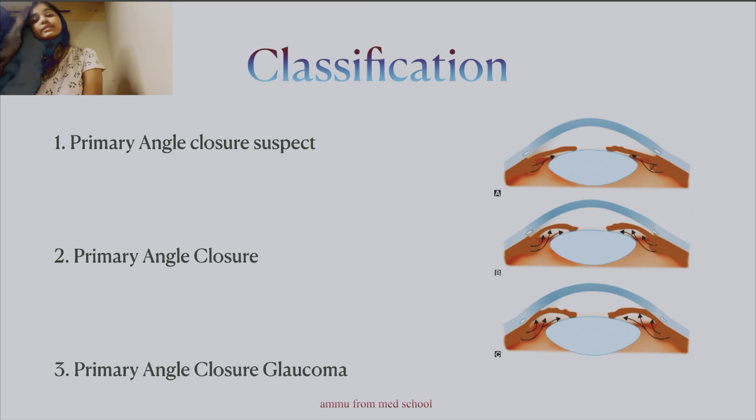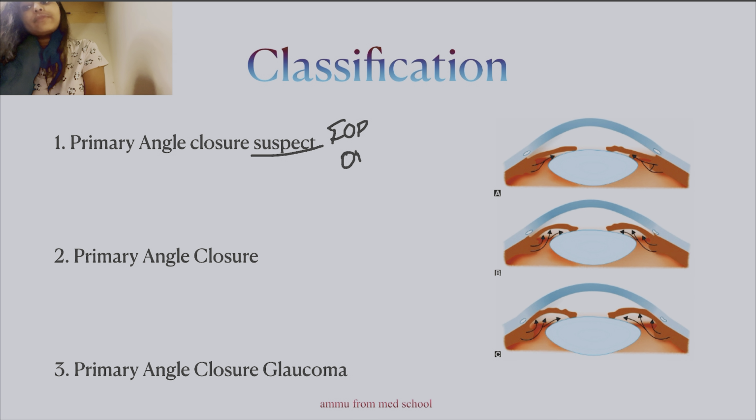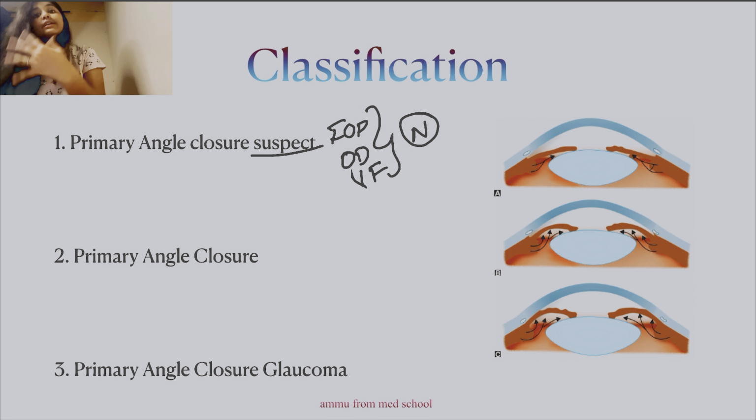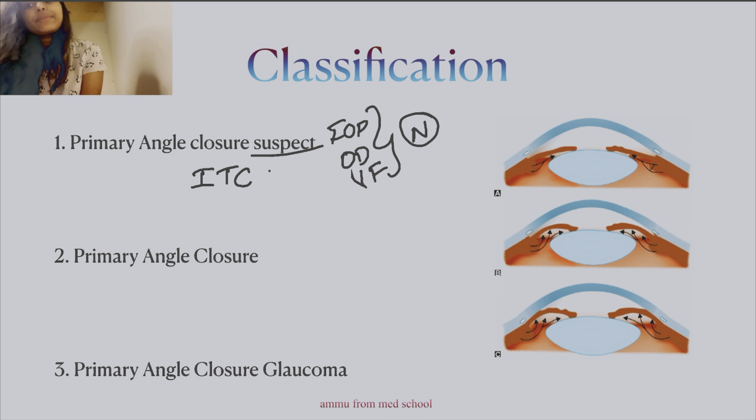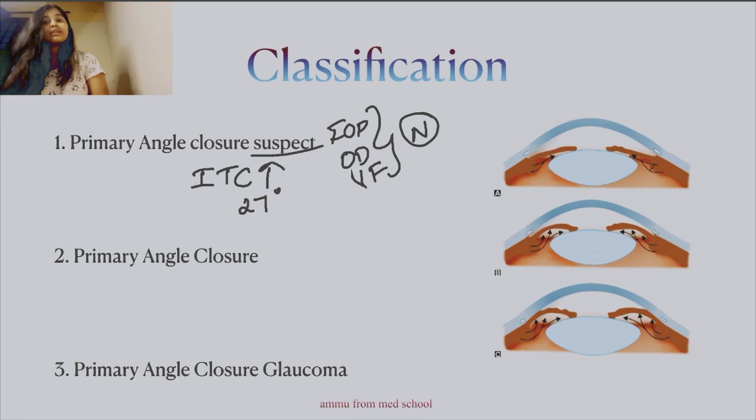Now, what happens in primary angle closure suspect? Your intraocular pressure is normal. Your optic disc is normal. You check the visual fields, that is also normal. But why do you suspect? It is because the gonioscopy has revealed that the iridotrabecular contact is greater than 270 degrees and there is no peripheral anterior synechiae. Now, explaining what peripheral anterior synechiae is, if you see figure 3, there you